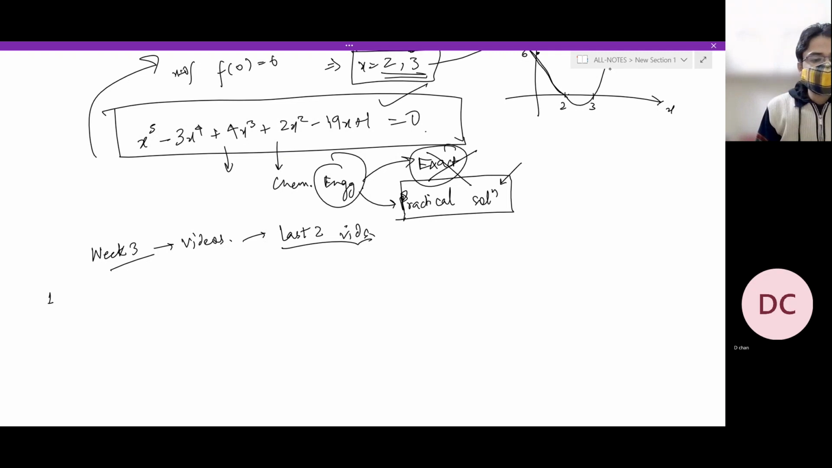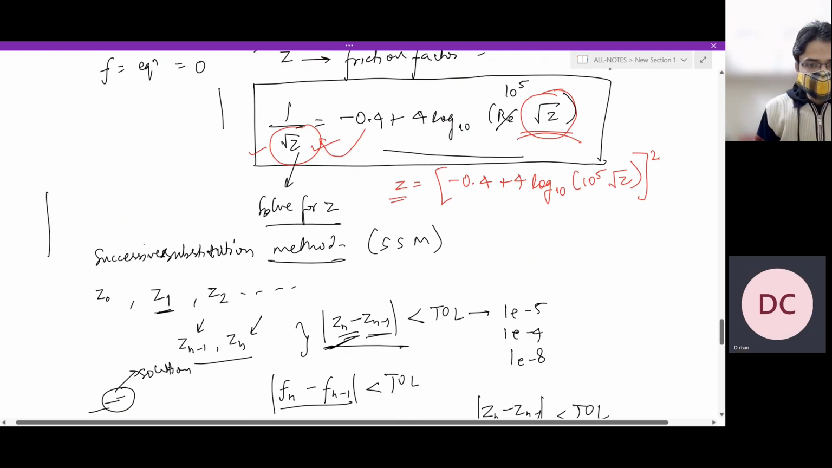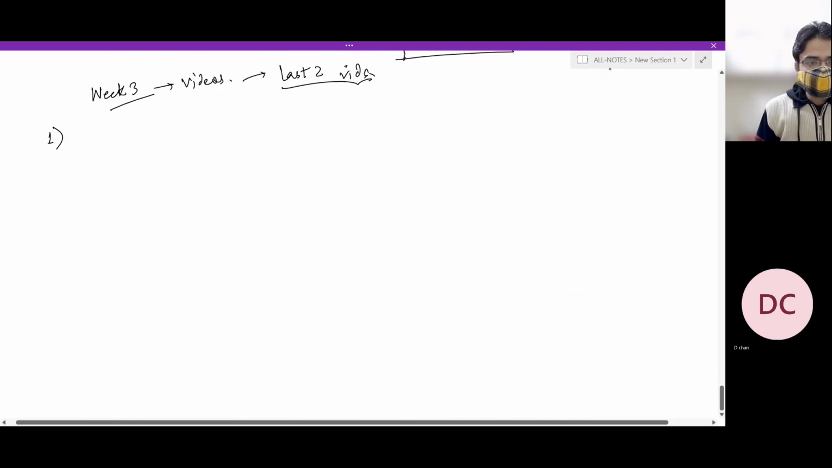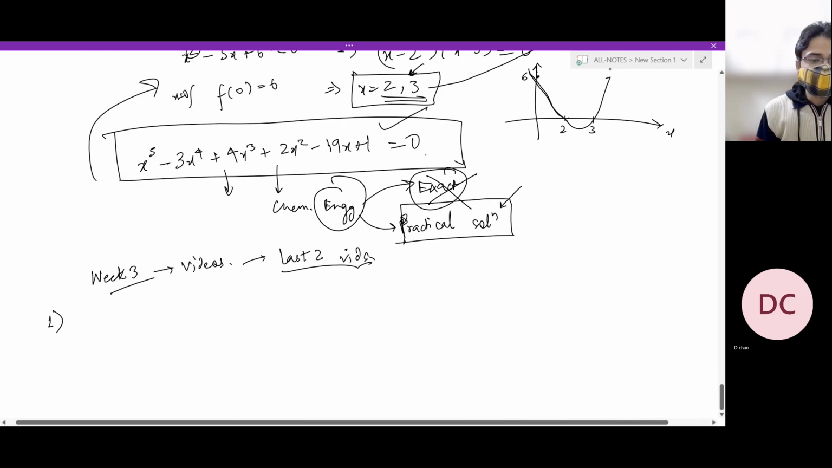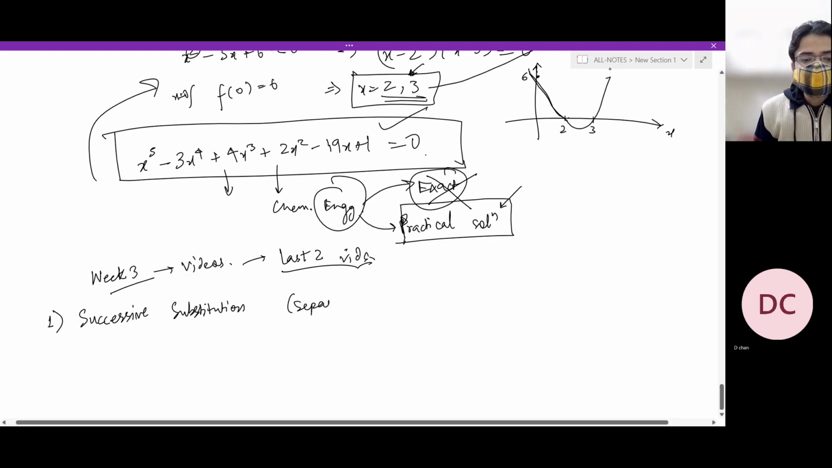I'll tell you all those approaches one by one, and then we'll just apply them to this problem. Or maybe we could pick up a simpler problem at the moment. Let's say the first thing is successive substitution. This would probably be the easiest approach that you could ever have, but it requires a separable x, you could say. For example, you've got something like